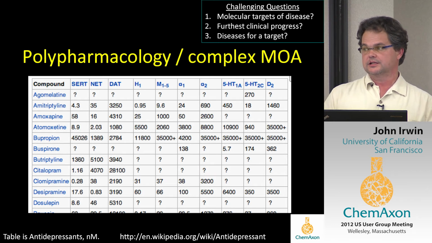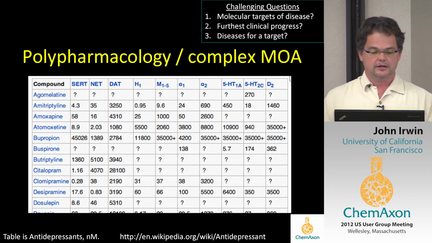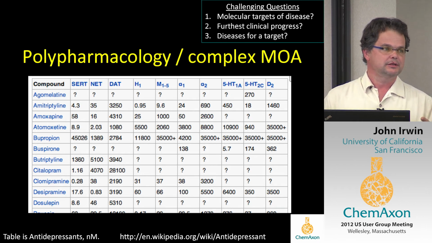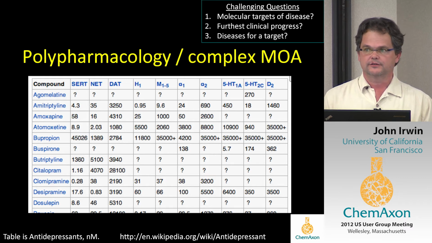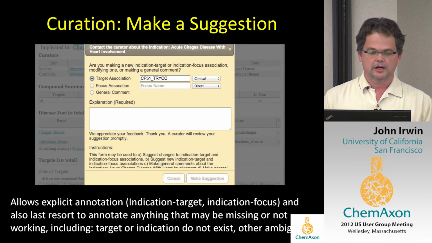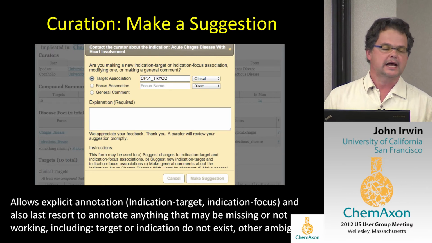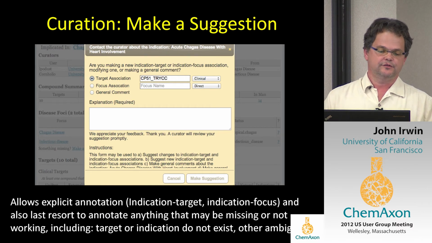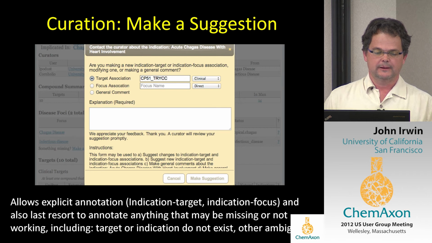One of the things I should say is that this is a huge system, and correspondingly, we can't possibly be expected to curate it ourselves, so we had to invent a curation system. I'm showing you one small aspect of that here: the idea that if you disagree with any particular association, for example, is CYP51 really associated with acute Chagas disease? Is that really a clinical target for Chagas disease? If you're an expert in that, you can write an explanation to us, or you can change its